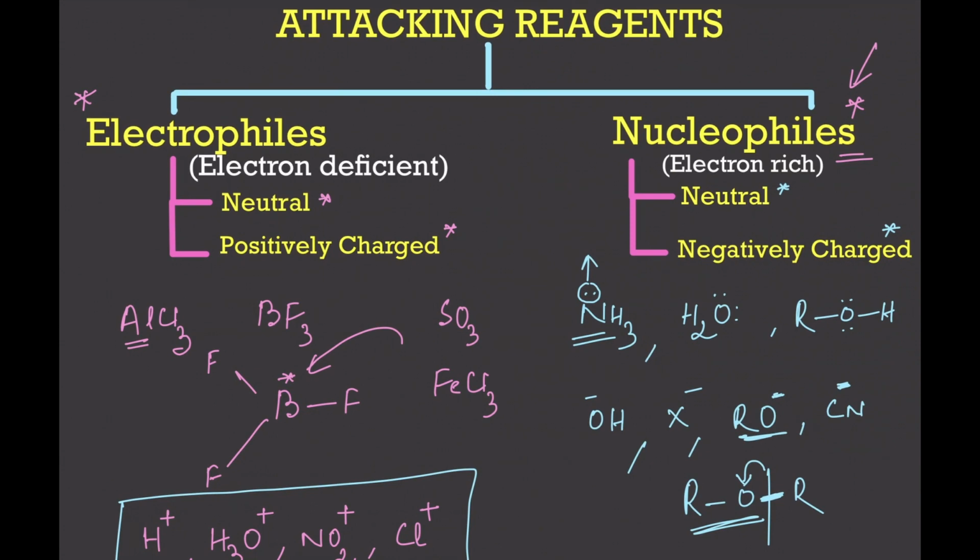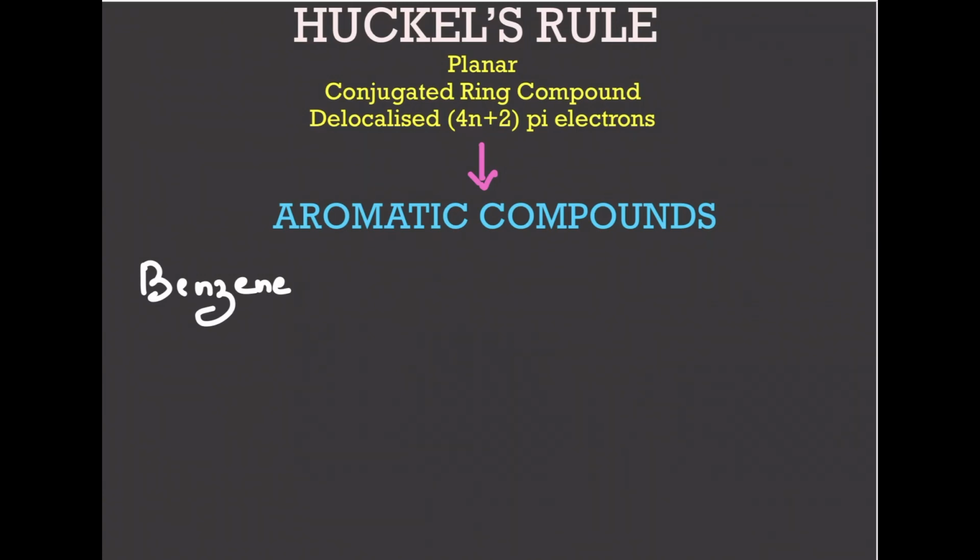Coming to the next topic of Huckel's rule. In this, we will try to understand what are the rules that make some compounds aromatic and some compounds non-aromatic. So, Huckel's rule states that all those compounds which are planar, conjugated and have a ring system in them, and also have delocalized 4n plus 2 pi electrons, all these compounds will be regarded as aromatic compounds. So, the three main criteria for any compound to be aromatic according to Huckel's rule are: